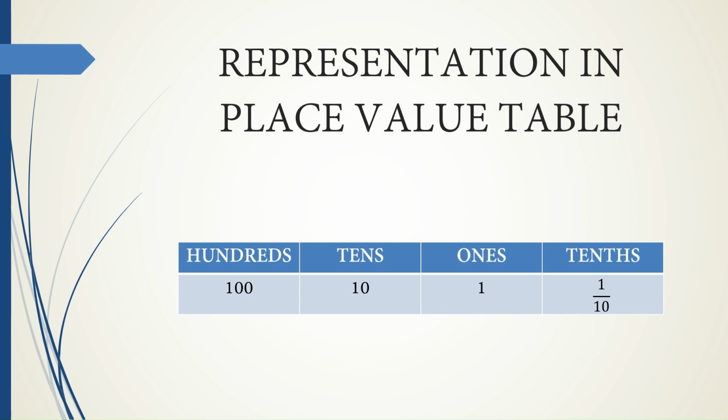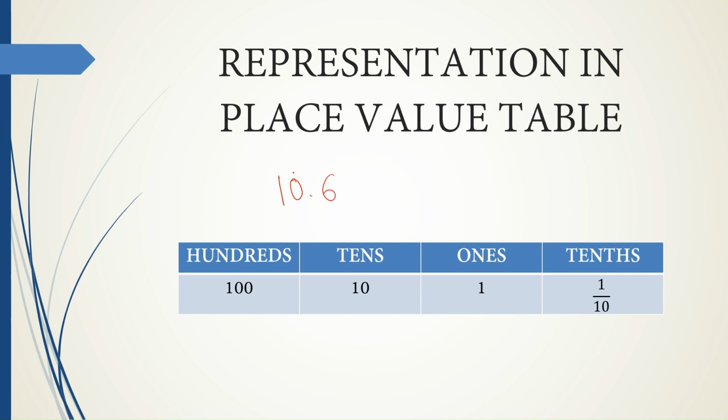Let us take another example, 0.3. 0 means in the whole number part there is nothing, so it represents 0. We don't have to write anything till the ones place. Then the point, and that is the tenths place. And at the tenths place we will write 3 here. Another example,